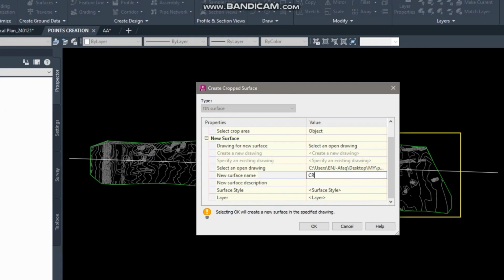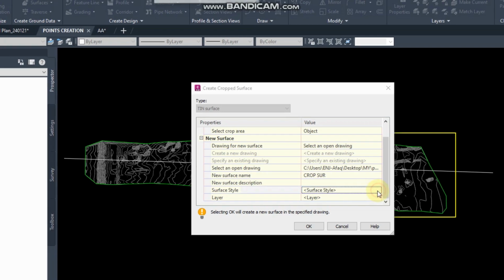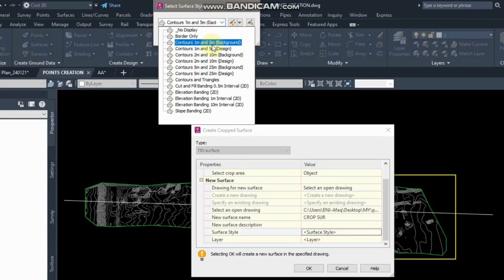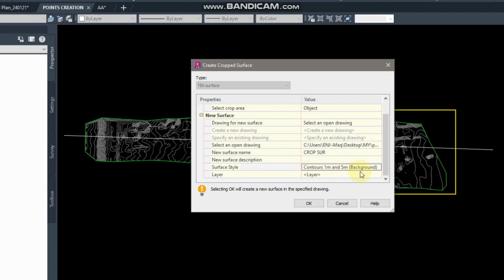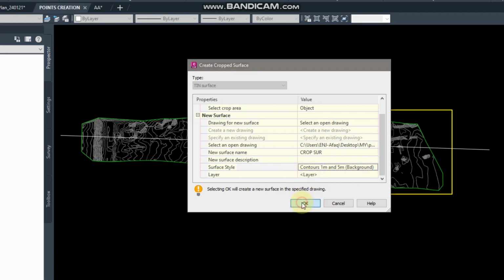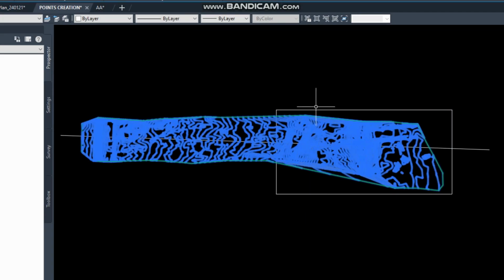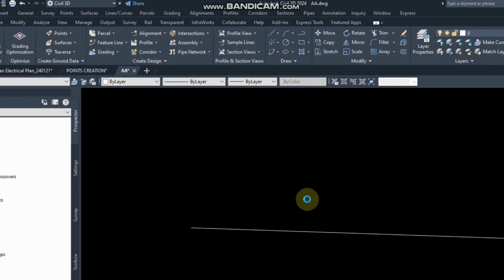And I will give a new name to my surface. Any name you can give. Suppose I will give Crop Surface to my surface, and I can assign a surface style to my surface. Click OK, and now